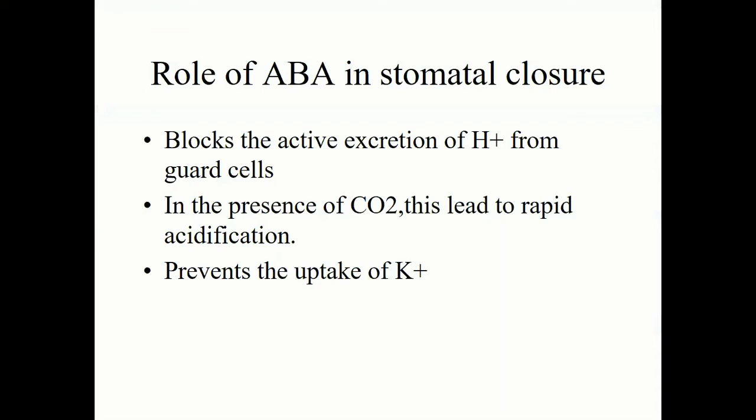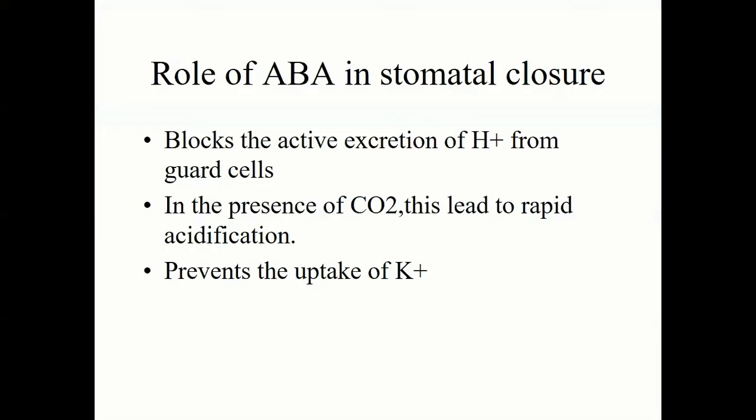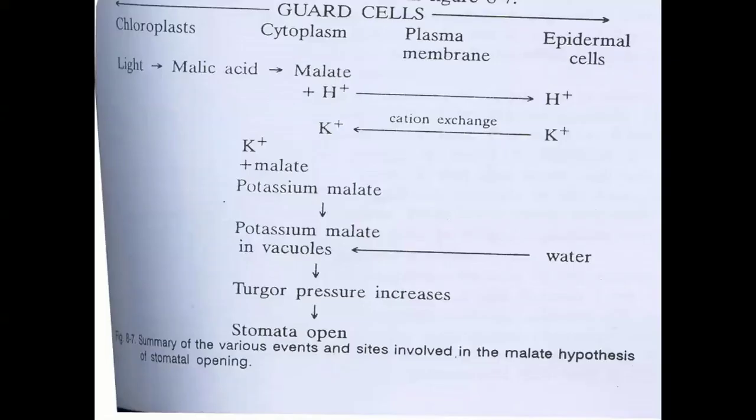So today we stop here. In the next lecture we will discuss another part of transpiration: the role of abscisic acid in stomatal closing, the different factors which affect the rate of transpiration, the meaning of anti-transpirants, and the meaning of guttation. Guttation means the loss of water in the form of water droplets. Okay. So lastly, I will summarize today's lecture.